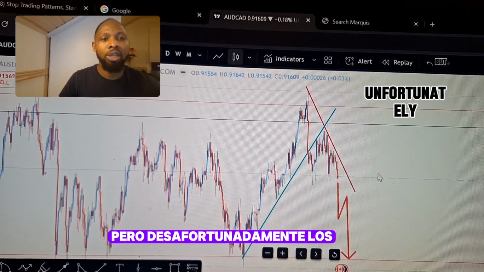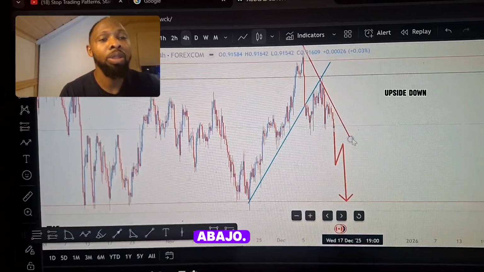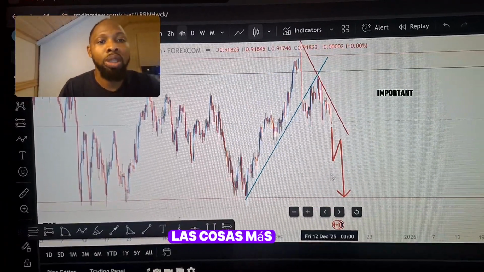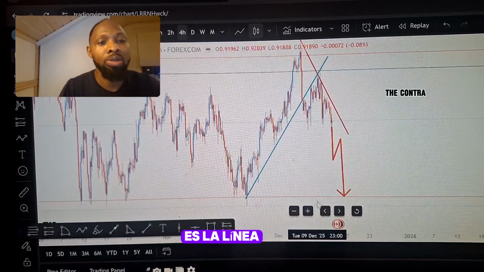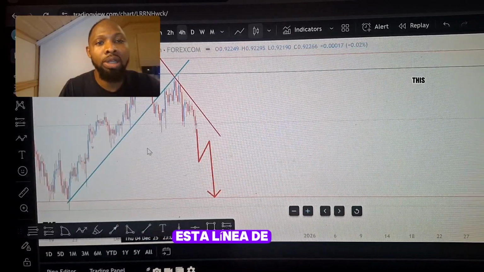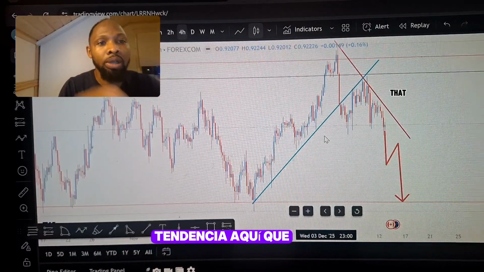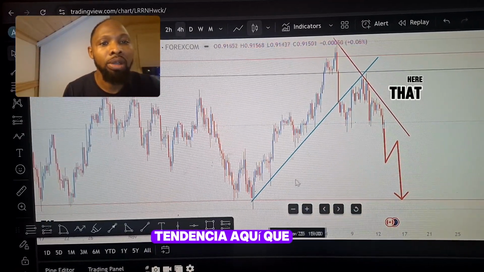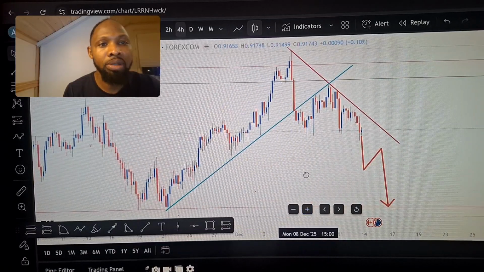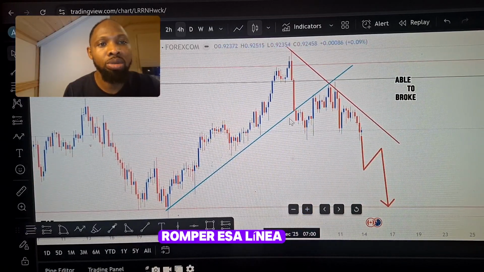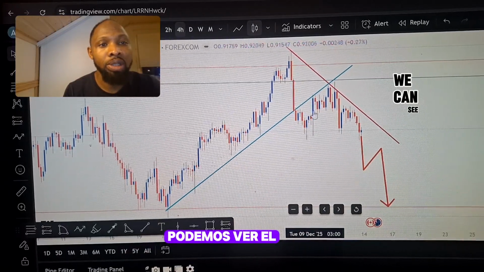But unfortunately, the bulls were not able to hold this level to push it upside. And one of the most important things that I always consider is the counter trend line. This trend line here that you can see is actually broken. The market was able to break that trend line, and then below that trend line we can see the market